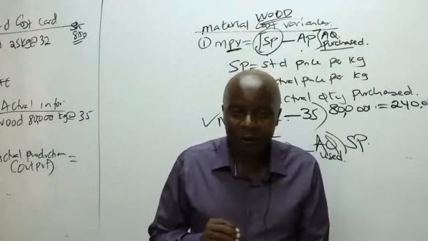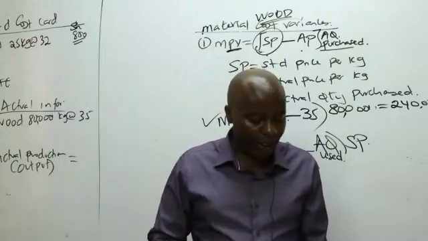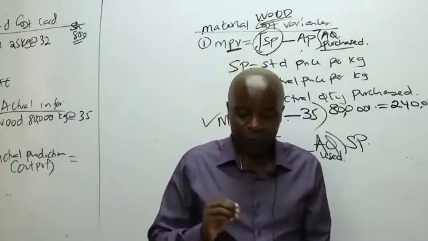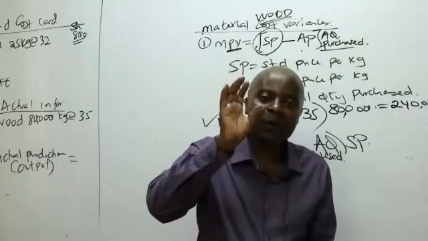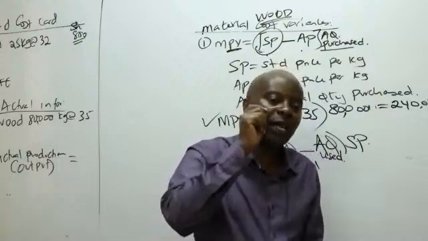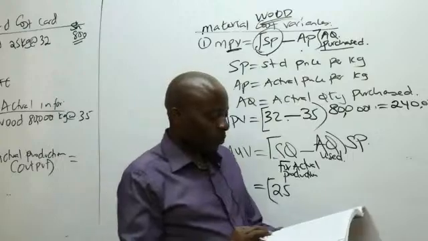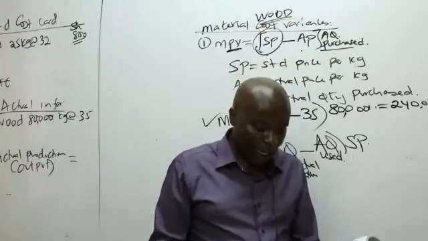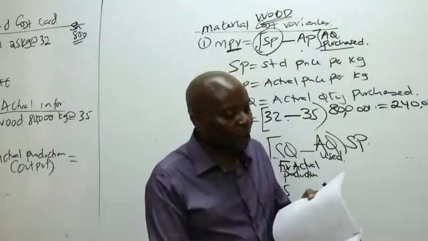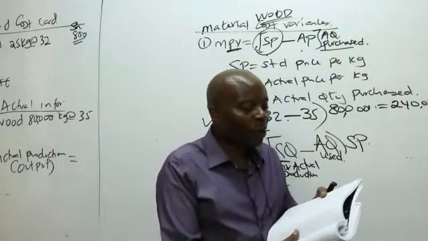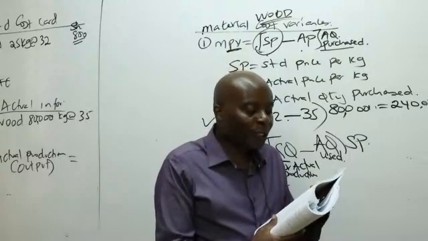Look at that output. That output is budgeted. The budgeted output and the sales for the month of October 2017 was 4,000 benches. So the 4,000 that some of you are giving me is budgeted. But for me to get standard quantity here, I need the actual output. From note number 3, which talks about actual information, I'm able to see an element of total production. The total production cost, where we're able to see that we produced